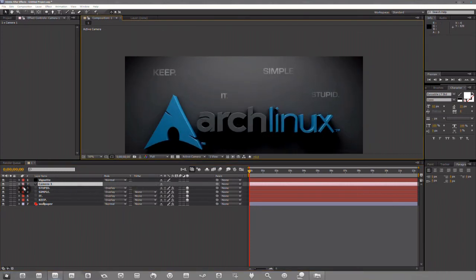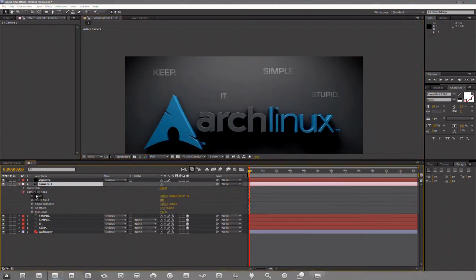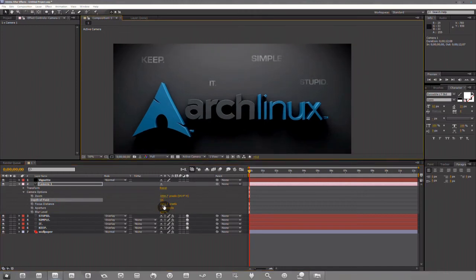Okay, so what we've already done is we've offset the letters in Z space. If we go down into the camera options, twirl it down, and turn on depth of field, you may not see it yet, but there is real dynamics going on here. We can change the focus distance, and at a certain point things become out of focus. And if we change the aperture, which I love,